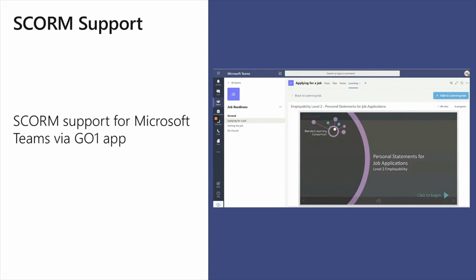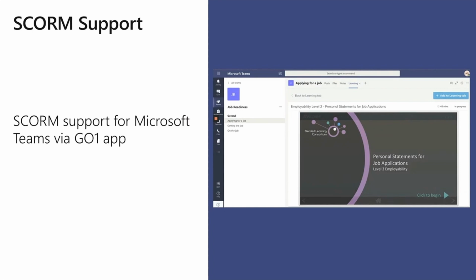So what they do is they have a huge amount of SCORM packages that you can just bring into Teams. It comes with your resources, assignments, and websites that are interesting for a specific course, a specific topic. And we worked with another amazing education partner, in this case Go1, that allows them to bring in all that information.